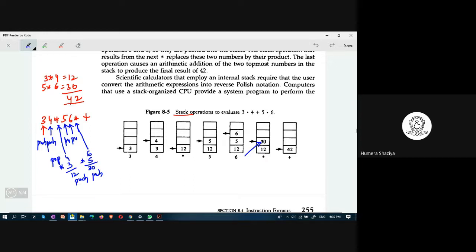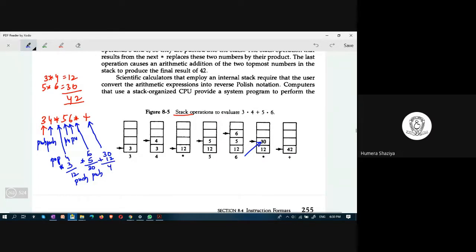Later, it encounters plus. What does it do? Pop, ma'am. What does it pop? Pop the last two. What are the last two? 30 and 12. So when it encounters plus, it pops 30 and it pops 12. What operation does it have to perform? Plus, addition.